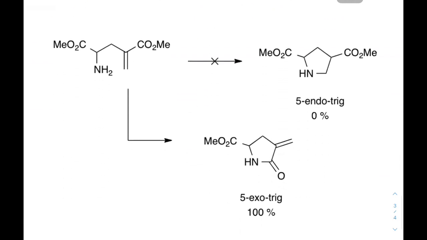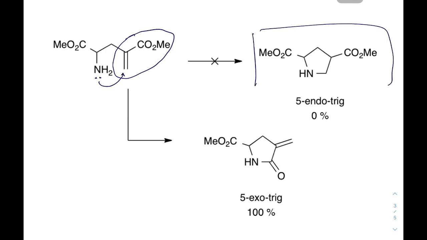Now come to the next reaction, an alpha beta unsaturated carbonyl compound. In the presence of this nitrogen lone pair, we can think this lone pair will attack over there and give this type of cyclic product. But if we count the number of ring members, 1, 2, 3, 4, 5, it will be 5 endo, inside the ring, endo and trig, because it is sp2, right? So 5 endo trig is a disfavorable reaction, so this will not be the result. This reaction will give this type of product.